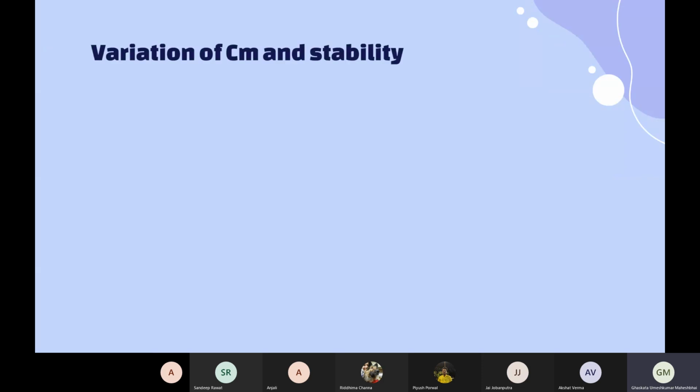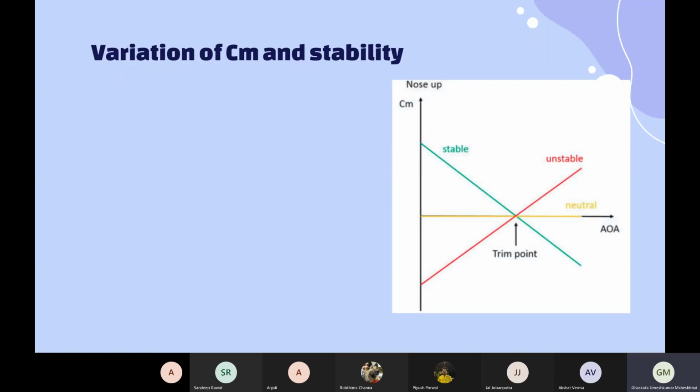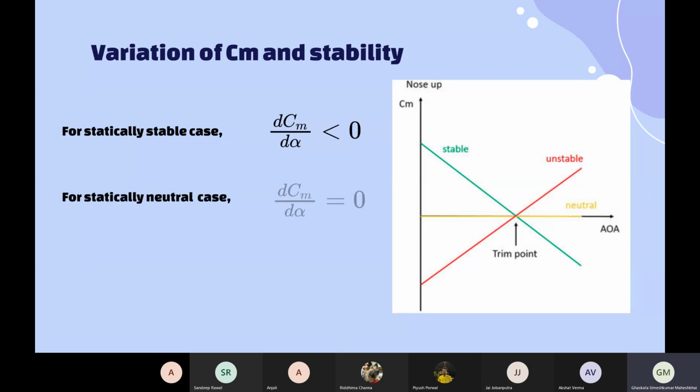Another topic is the CM versus angle of attack curve and how it affects the stability of the aircraft. In this curve, CM versus angle of attack, which I have shown you in the first webinar, the graph is for three different aircraft. For a stable aircraft, the slope of the curve is negative. For neutral stability, the slope of the curve is 0, and for a